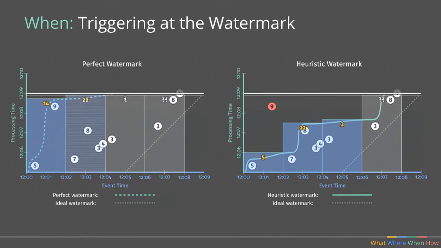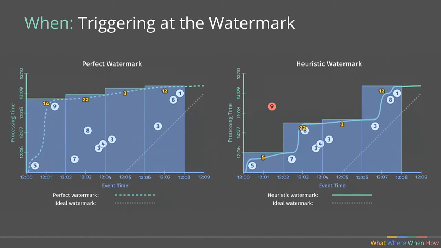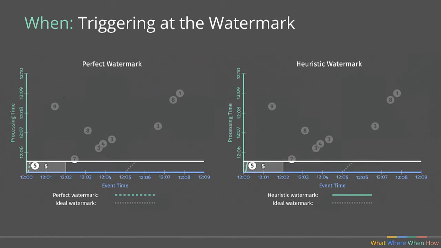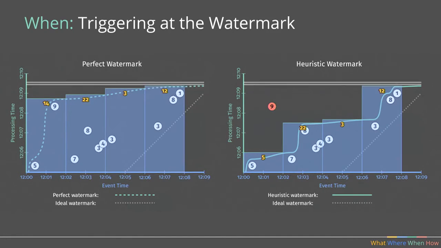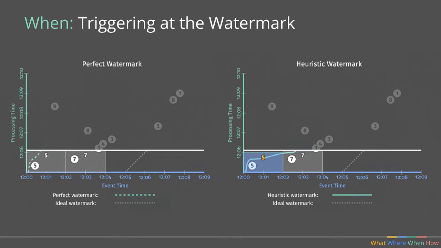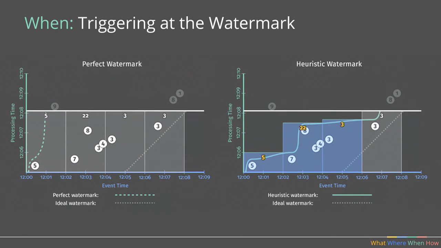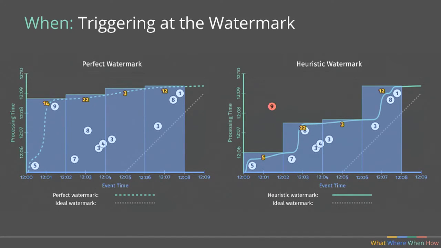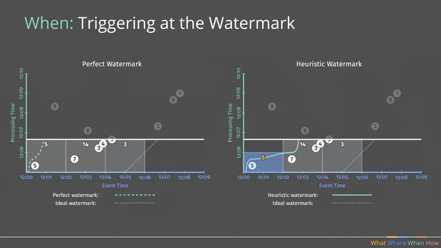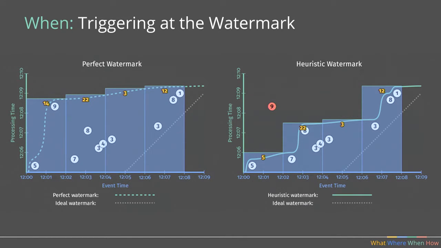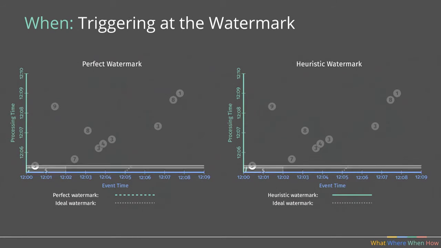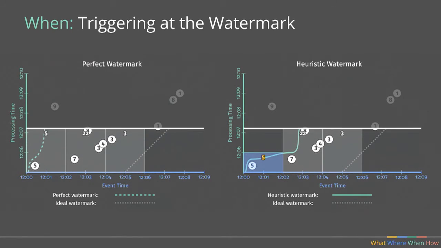More likely, a heuristic watermark would emit something like this. The results for the first window would appear pretty soon. For the second one, they would also be pretty recent. And then all of them except for this one would be correct. And then we would discover that we have late data. So there are two problems, or refinements we can make, on this. The first one is that to emit any result from the later windows, we have to wait for the watermark to move there, right? The second one is that we may want to figure out what to do with 9, right?